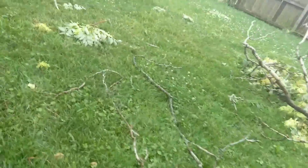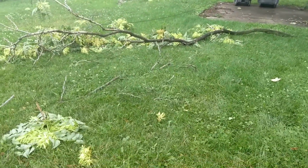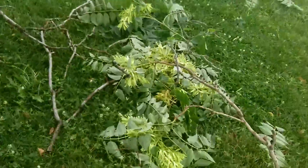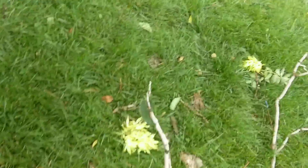Let me step back for this. I'm just glad this one didn't fall on top of the house. We have this huge one that probably came from that tree. So that one, these, and associated with all that,